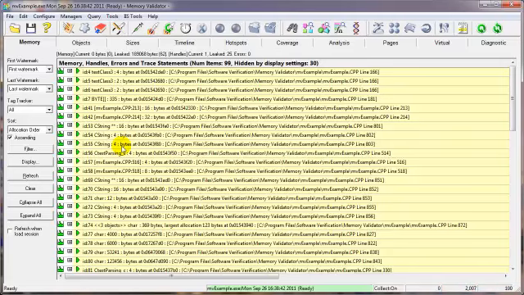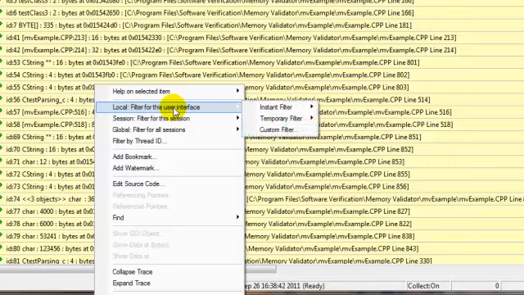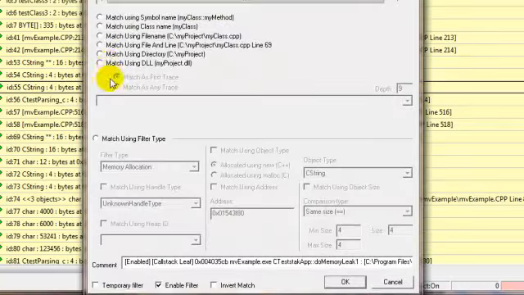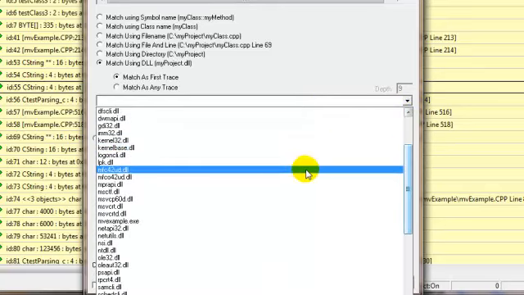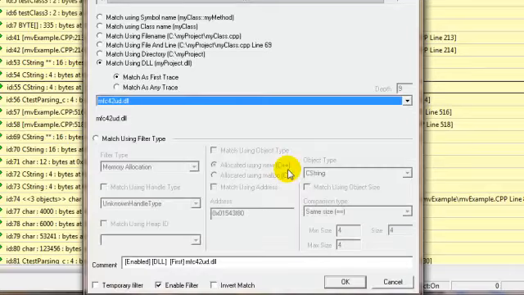We're going to be creating a custom filter for this display, so that's a local filter. Right click on any item, local filter, choose custom filter. Select match using DLL, and then in the combo select the name of the DLL that we're going to filter on. In this case we're going to filter on MFC42UD DLL, because that's the MFC DLL that I'm using with